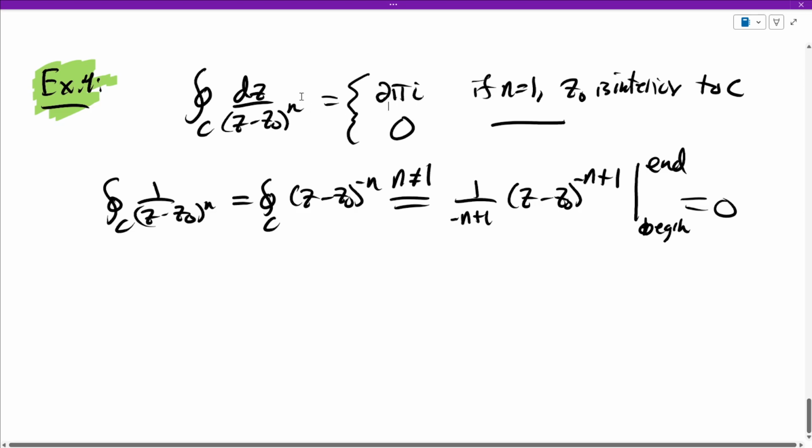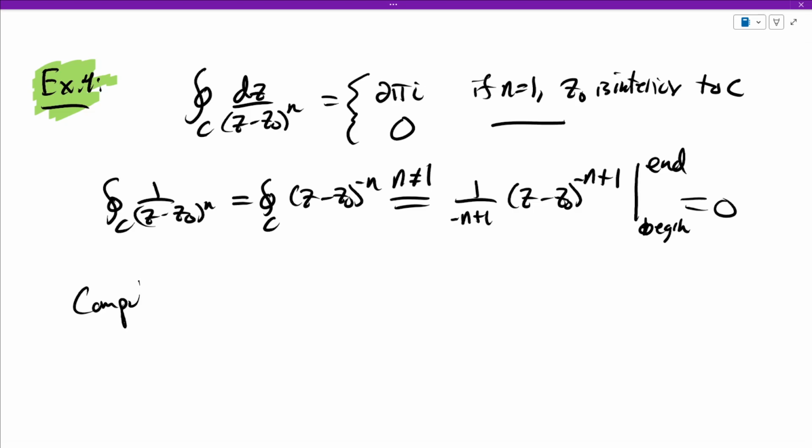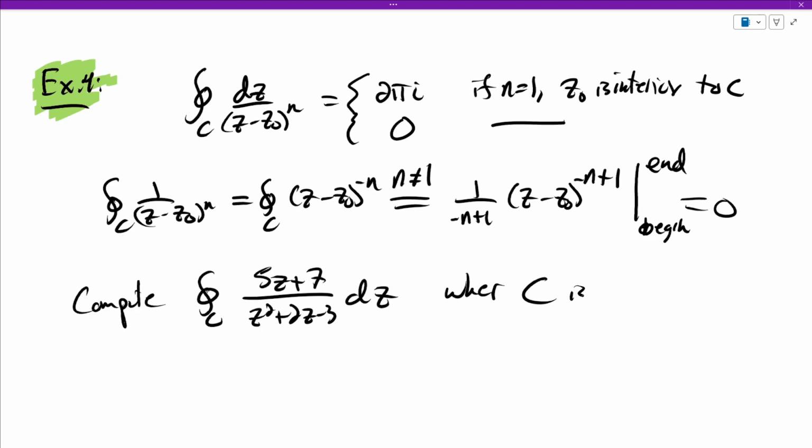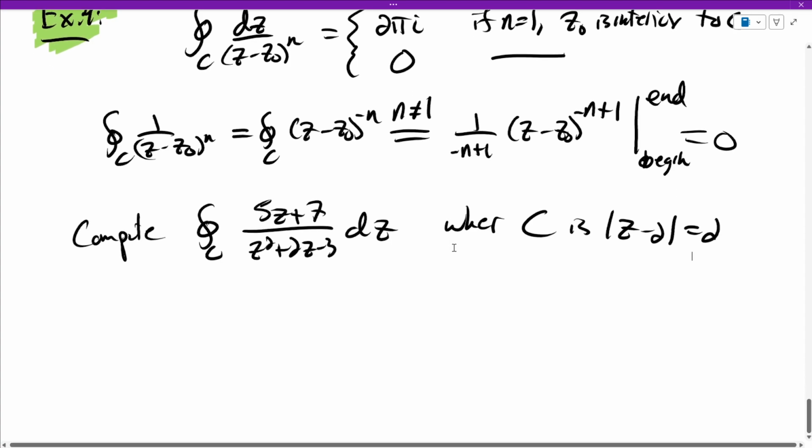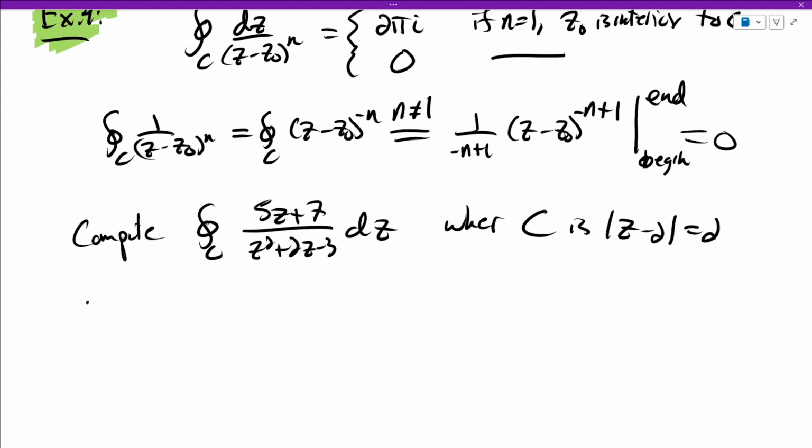So in the example, what we're going to do is compute the integral over c of 5z plus 7 over z squared plus 2z minus 3 dz, and c is the circle of radius 2 centered at 2. All right, so how are we going to do this? Well, let's notice